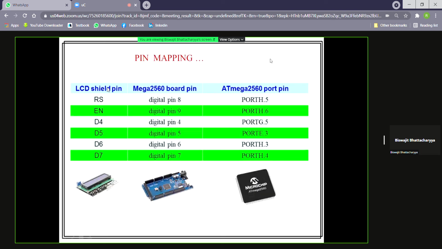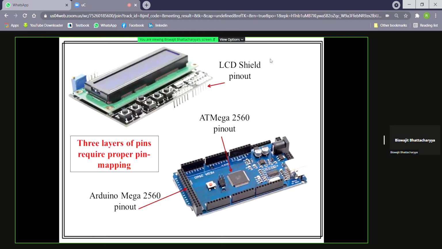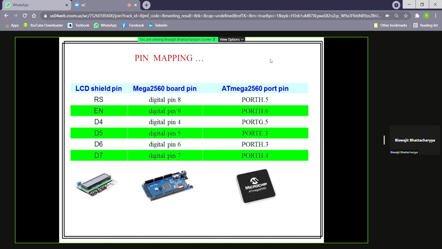Now for LCD, when we connect them just back to back, in that particular way, how will things be connected? The RS pin of the LCD shield, register select pin, is connected to the digital pin 8. Digital pin 8 is somewhere here in the Arduino Mega.